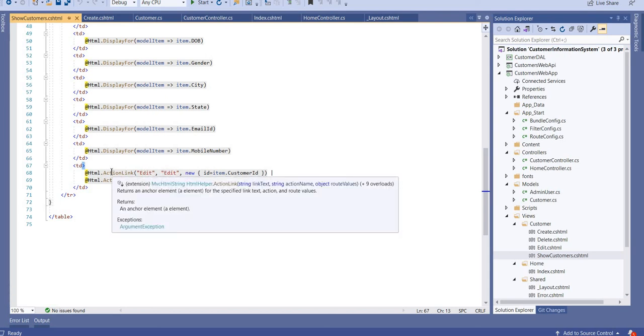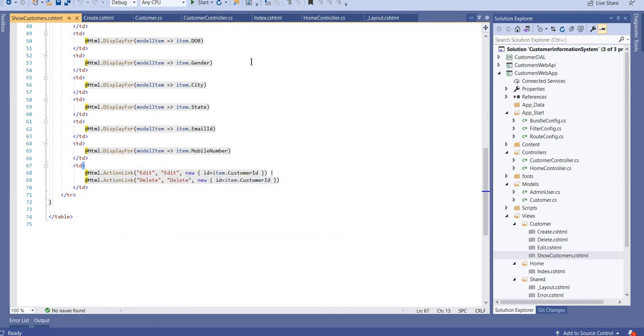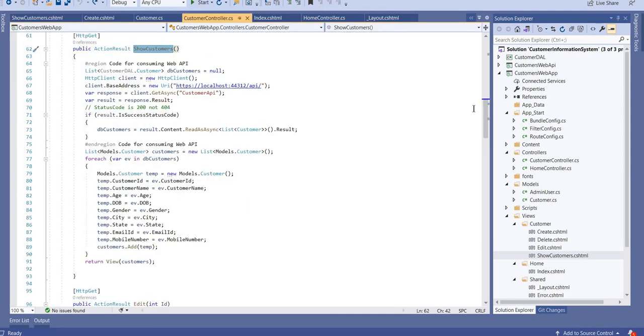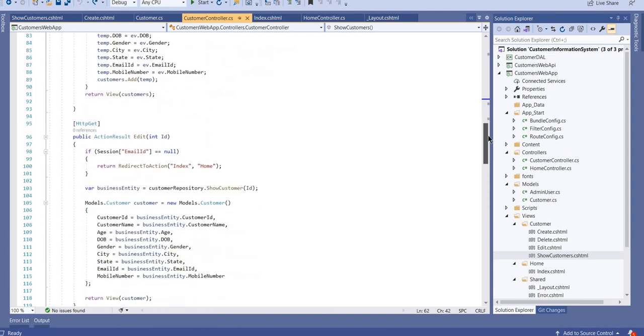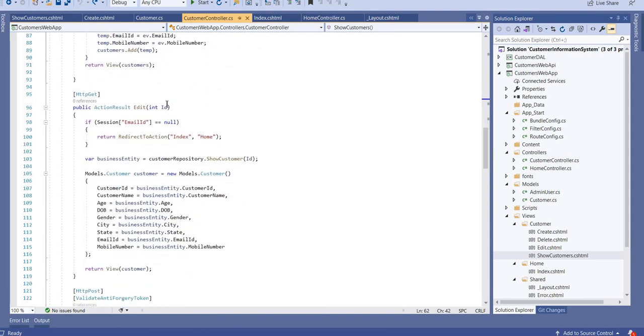So see, the action name is edit, and this is my parameter. Now if you go here to the action name, see, this is the edit action. I'm getting this parameter because edit means update. Okay, table, then some columns, values. And where you are writing that customer ID, I want to edit this. So this is the value I am getting, and here you are doing the edit.